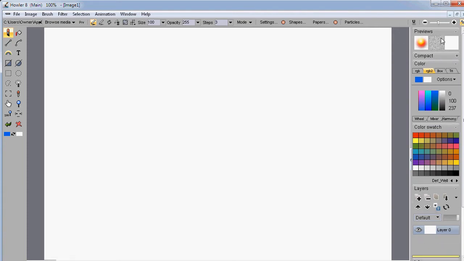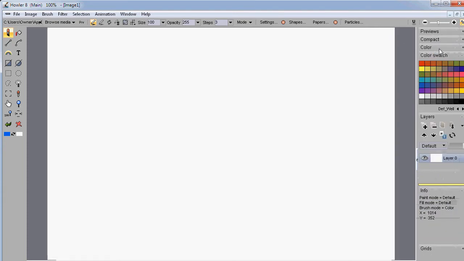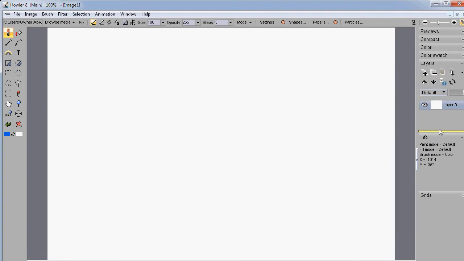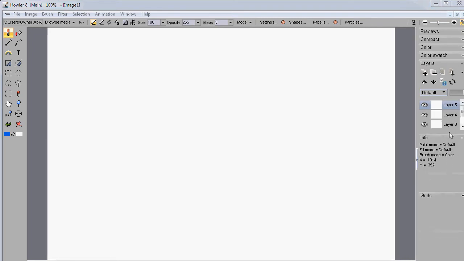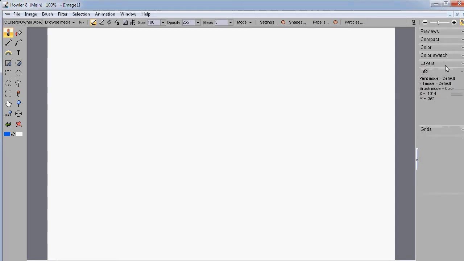You can minimize all of those. And you might spend a lot of time doing that if you need to see all of your layers. Now here you have only one layer. I'm just going to add a few more here. And that now becomes a scrollable list. So you can actually go and see all of those, or you can resize it, grab it right here, and then minimize the amount of space that's actually seen by that. You can also, of course, close the whole layer